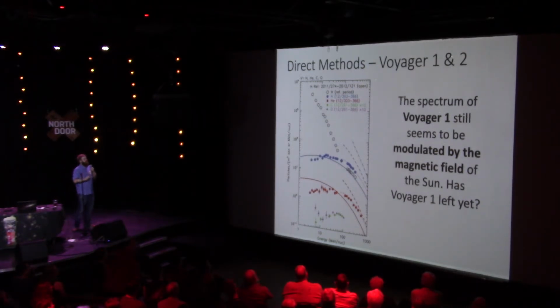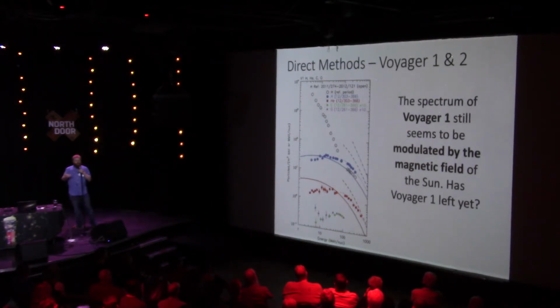The energy scales that Voyager covers are much, much lower energies, and the previous panel started basically at the end of this plot. This goes to 10 MeV, or mega electron volts, so 10 million electron volts, and you see it's no longer a nice straight line. It starts to curve off, and this curving off is currently unknown. The physics is currently unknown. Whether this is a feature of the spectrum that we would see in space, or whether this is still because the sun's magnetic field is deflecting a lot of these lower energy cosmic rays.